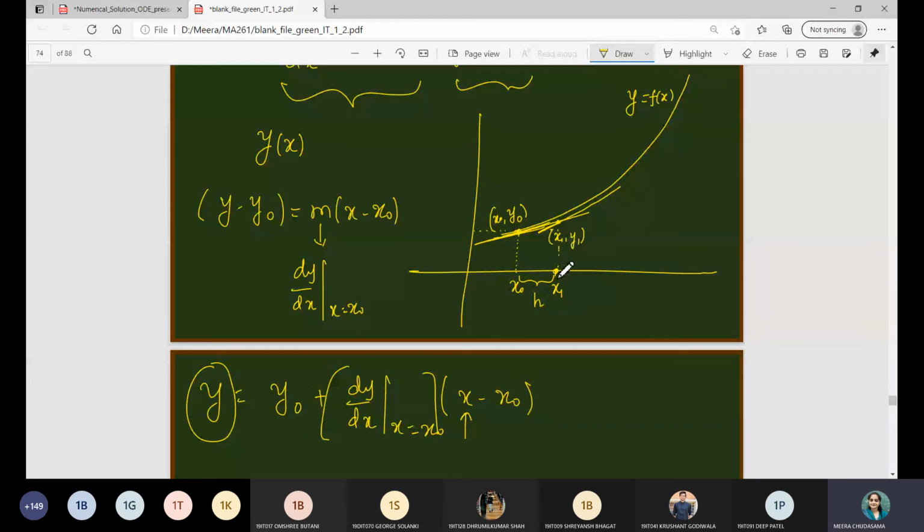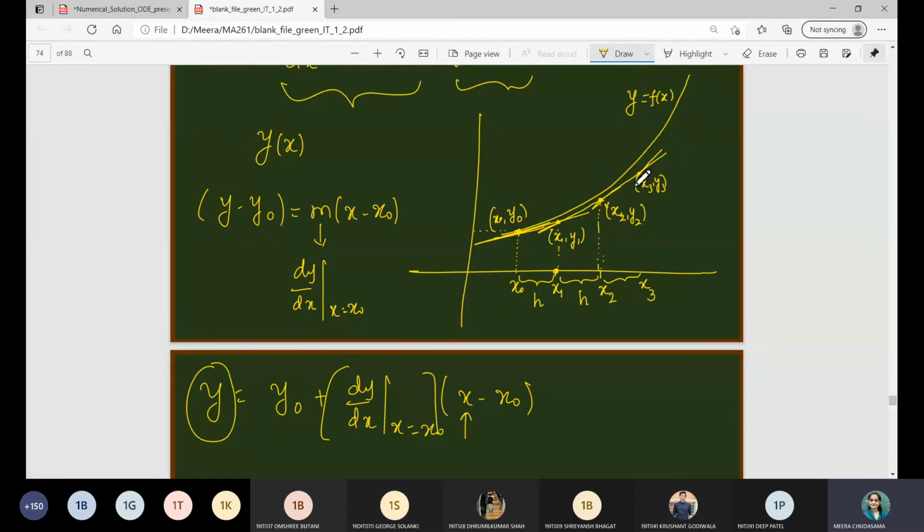So this will be the point x1, y1. Again, you consider a step size h, smaller in quantity. So the new point will be x2. Corresponding to that, wherever that point touches the tangent line, you can find a new approximation as y2. So this point will be x2, y2, and then again along the curve you draw the tangent line. Again you consider step size h. Corresponding to x3, you will get the point y3. So this point will be x3 and y3.